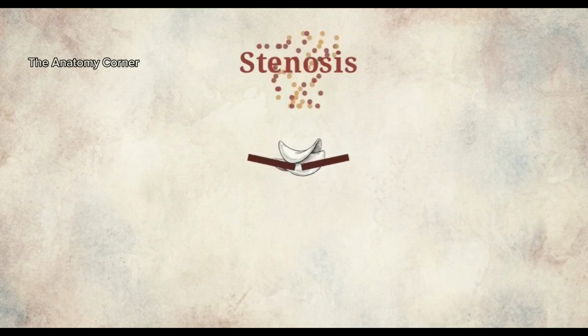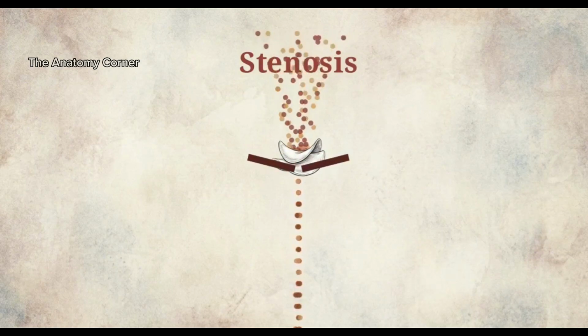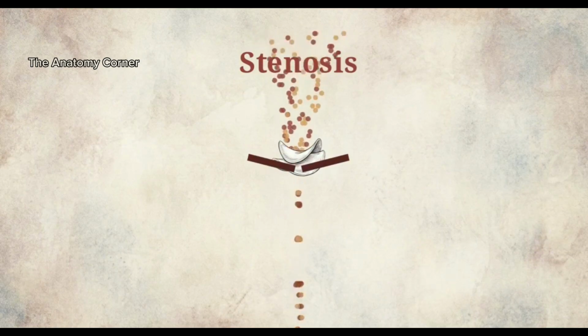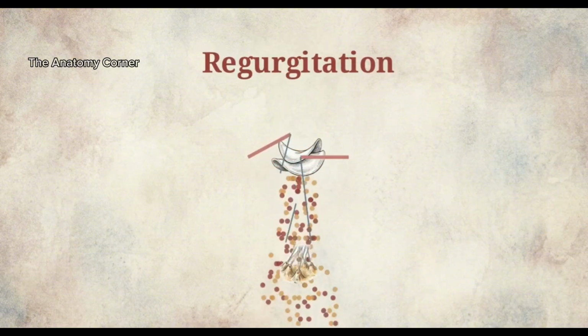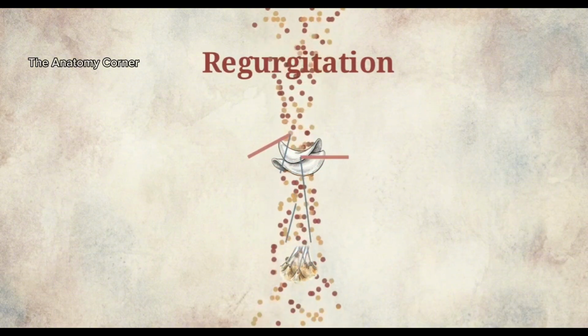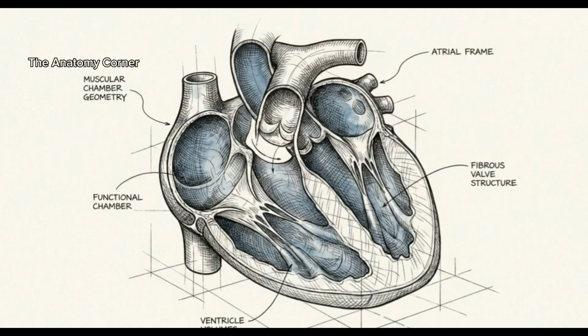Internal hardware degrades as well. Valve stenosis occurs when the leaflets stiffen and restrict the outflow of fluid. Conversely, regurgitation happens when the cusps or the chordae tendineae fail to close tightly, allowing blood to leak backward against the intended current. There is no dividing line between anatomy, physiology, and pathology. The ability